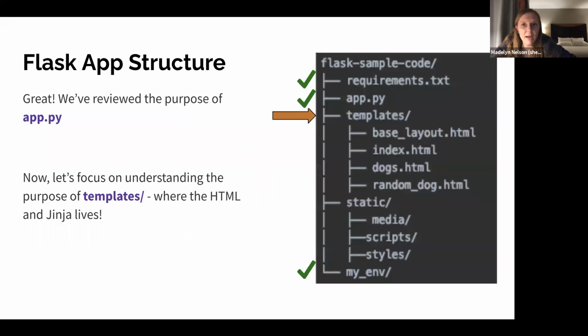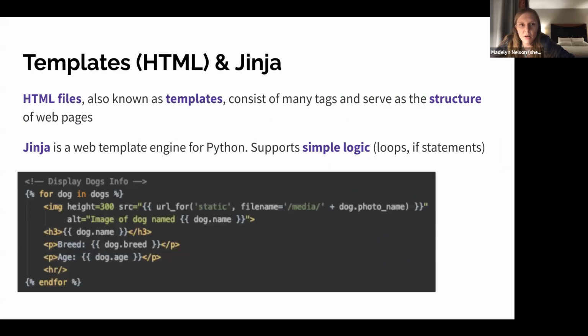Great. So we talked about app.py. The next part we're going to talk about is the templates directory. That's actually where the HTML and the Jinja live. All right, HTML files are also known as templates. So for our purposes here, you can think of those as synonymous. And those templates may consist of many tags, and they serve as the structure of the web pages. So this applies to websites everywhere. Some of you might already be familiar with HTML, and that is great. If not, it's a really fun thing. There are lots of great tutorials to learn about HTML, but for this, I'm going to assume that you are already